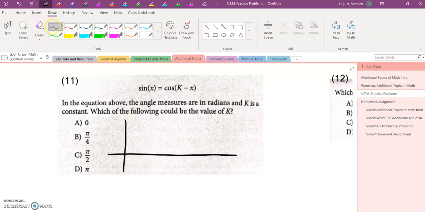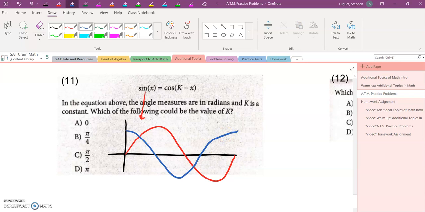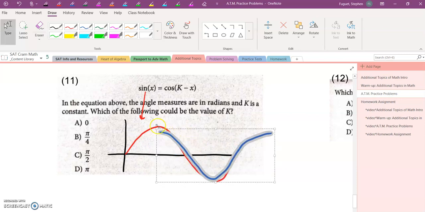One big thing I want you to remember is that the graph of sine, this is trigonometry now, is going to look something like this. And the graph for cosine looks something like this. And so they look like they don't have anything in common with each other until I take this blue line right here and drag it a little bit to the left. Now granted, I drew this by hand, so it's not going to be perfect. But you get the idea that this is going to be the same thing as the sine